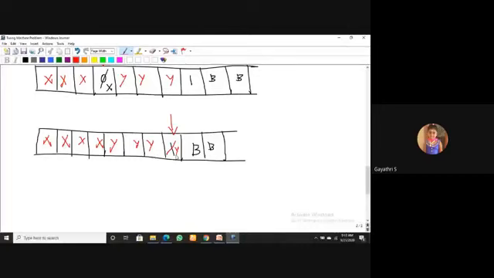I have to move left to find the leftmost zero. So in the next step, I will come here, no zero. I will come here, no zero. I will come here, no zero, no zero, no zero, no zero. This is the end. Okay, I can't move further. So next, I will move in the right direction.